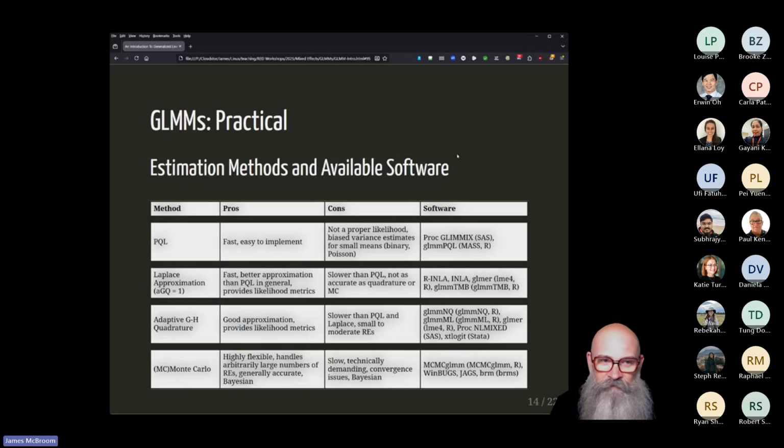Once you look past the very helpful AI search assistance that you get nowadays in your browsers. So I've added a few things and taken a few things away that I don't necessarily agree with him on out of this table. But essentially, if you're looking for PQL, given that the Laplace approach is so ubiquitous now, I think PQL approaches are a historical legacy that I wouldn't necessarily recommend you try unless everything else fails. All right, so if you have a choice between PQL and Laplace, I'd take Laplace any